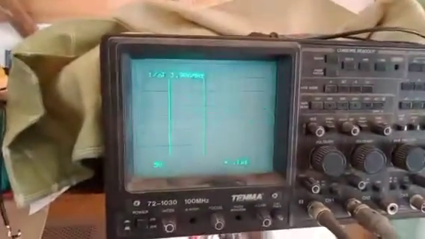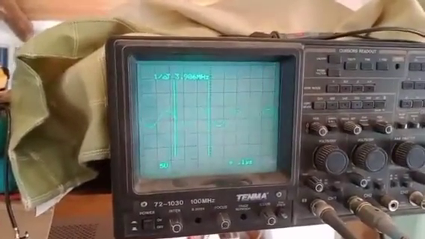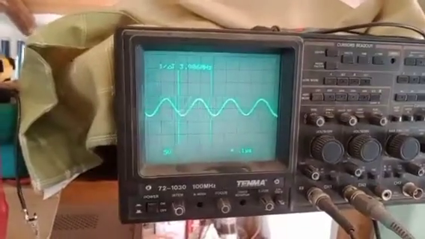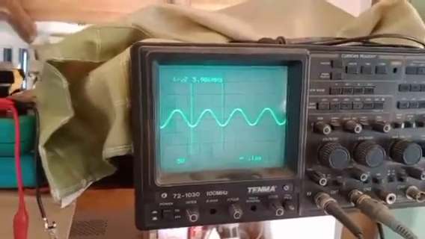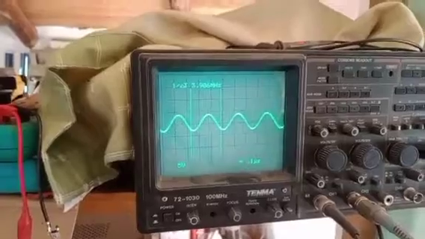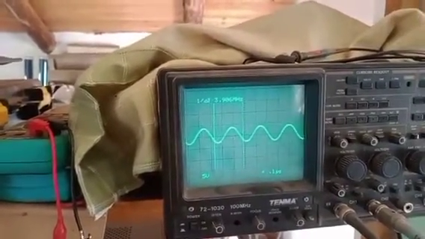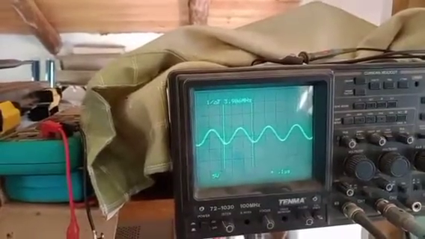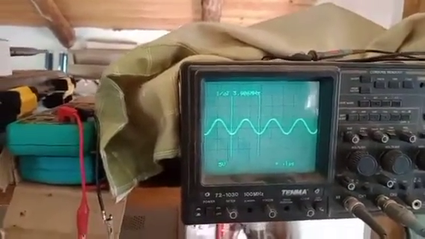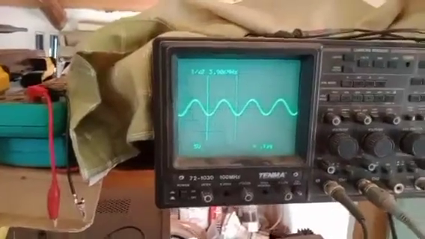Now see the response on the scope. These resonators are very sensitive to any object nearby which changes the capacitance, which changes its resonance